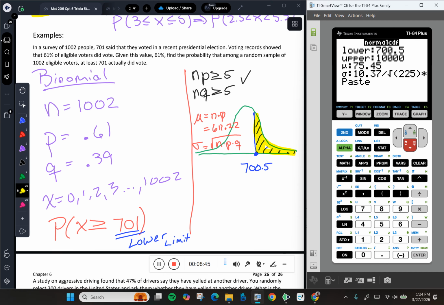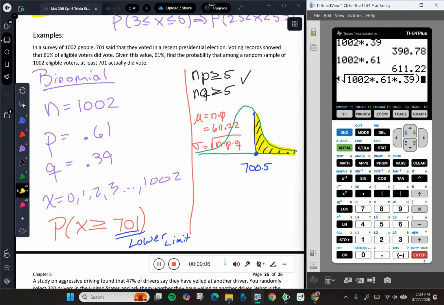I'll put in my mean, which is 611.22. I'll put in my standard deviation, so that's going to be the square root of n times p times q. Close those parentheses. Paste it back in. Run the calculation, and I get,